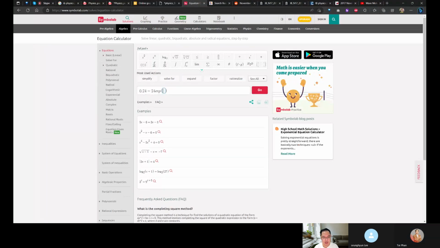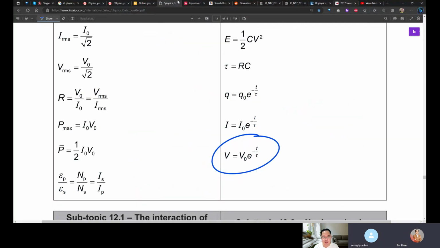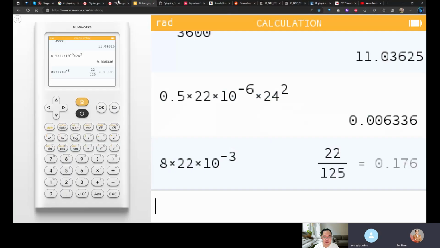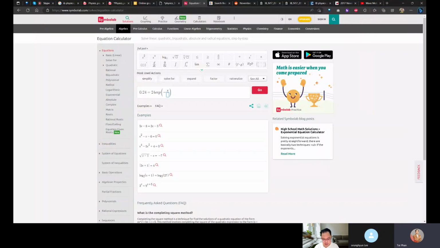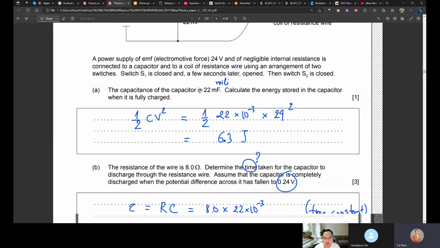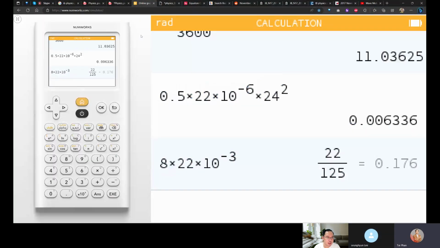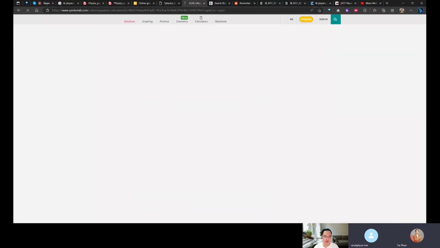Did I forget the minus? No. Yeah, minus. Did you forget the minus? No, I didn't. Minus of x divided by 0. Check this thing also. 8 times 22, huh? 22 or 2.2? 22. 0.176. 176. So,